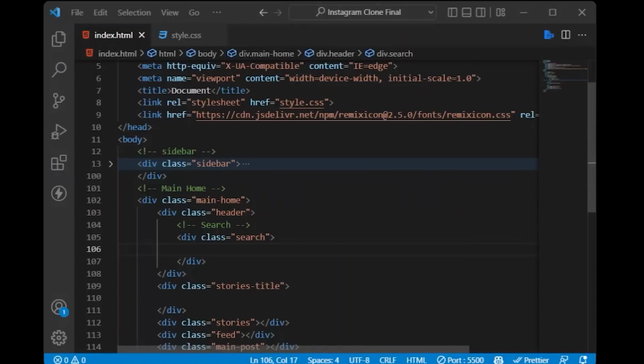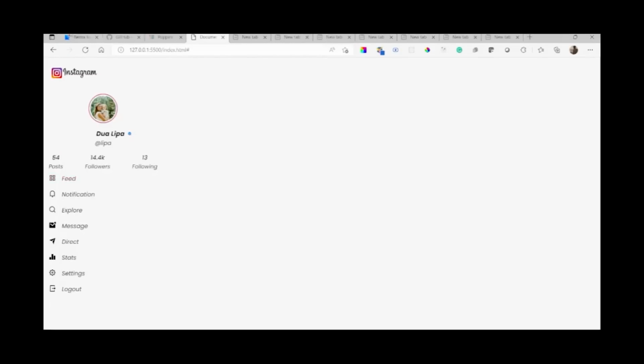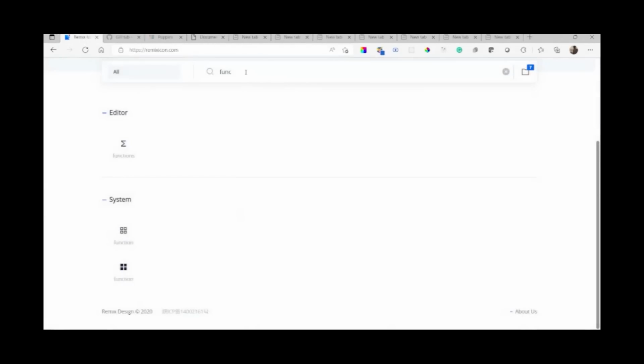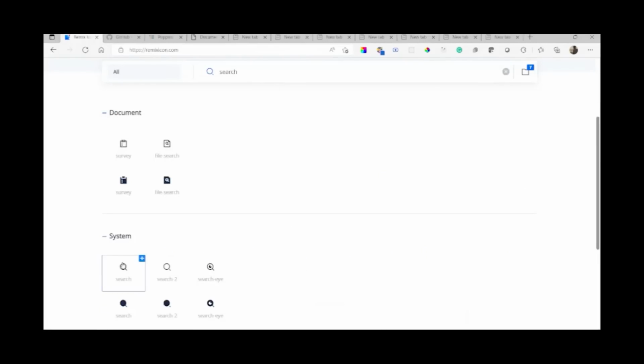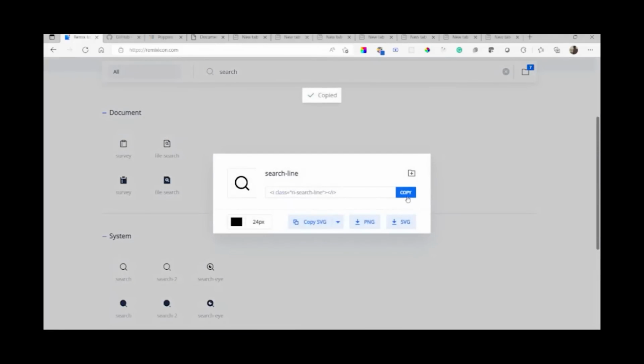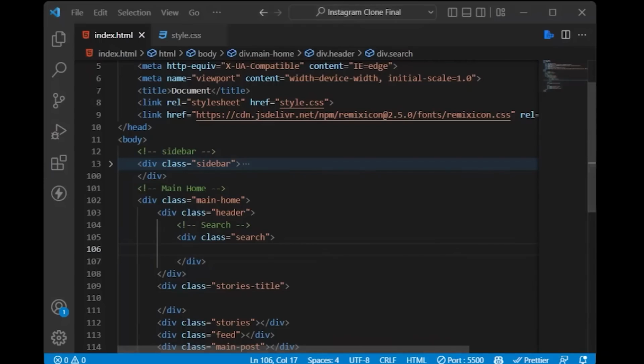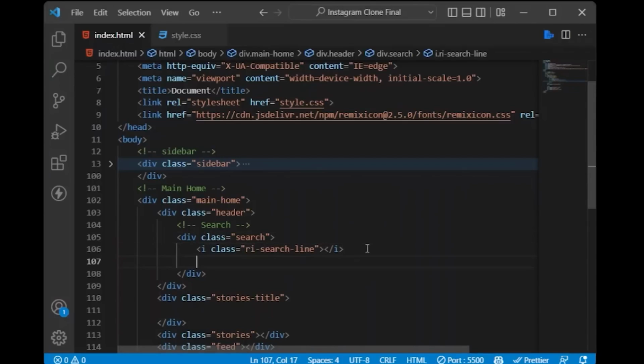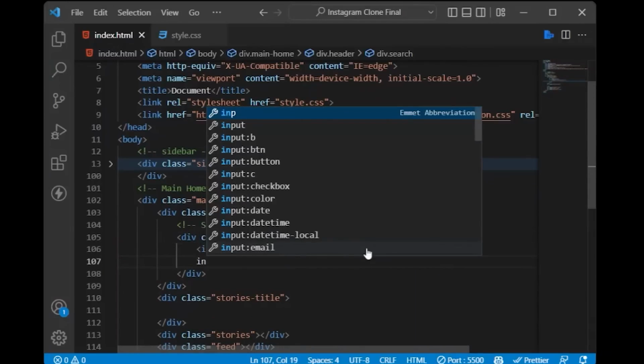We have to add a search icon. Go to the remix icon, type search, add this icon, go back to your VS Code, add this icon in the div section,